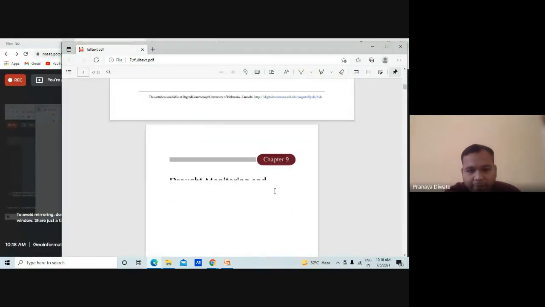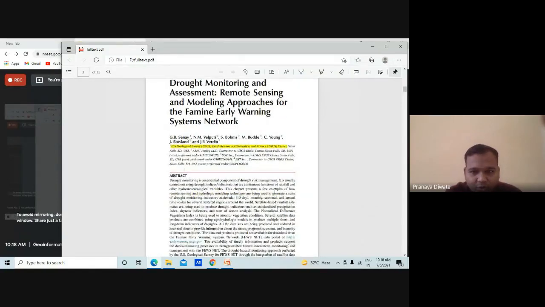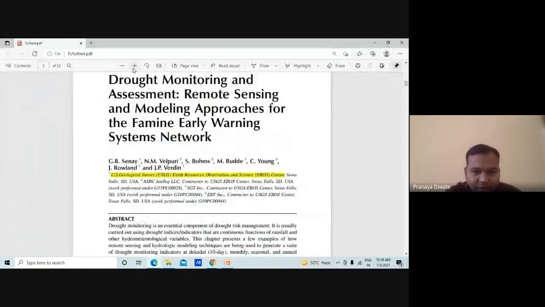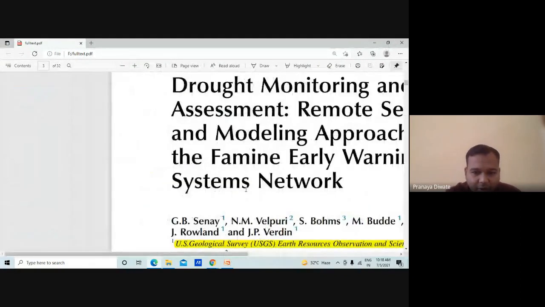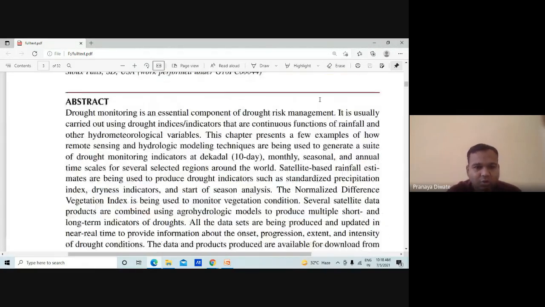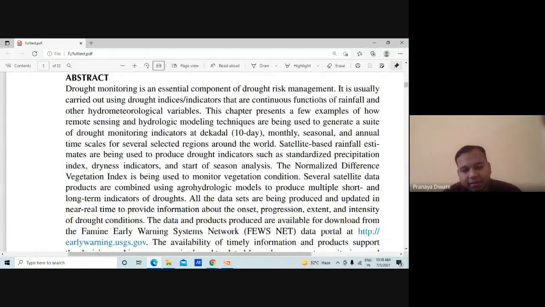Now we are also going to see what kind of research is going on in the field of drought monitoring. Whatever we have seen so far is from the slide. Now we will see one research paper, on drought monitoring and assessment, a remote sensing and modeling approach for the FEWS NET, the Famine Early Warning Systems Network. So how is drought monitoring going on in